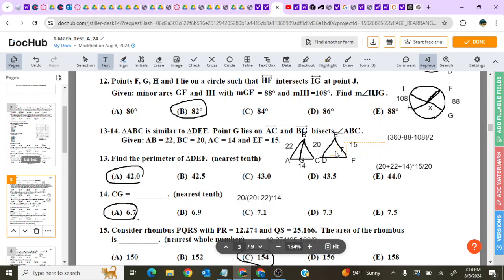Okay, and then what is CG? It's given that BG is the bisector of this angle right here. So another aspect of angle bisectors is that